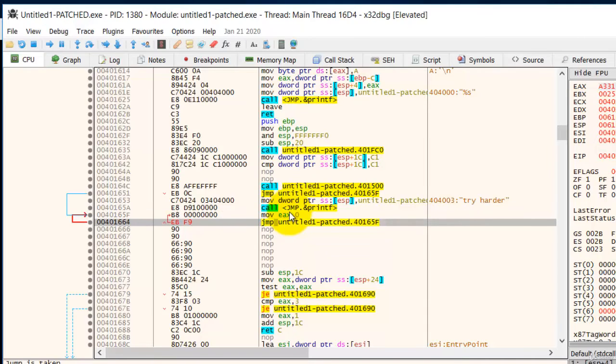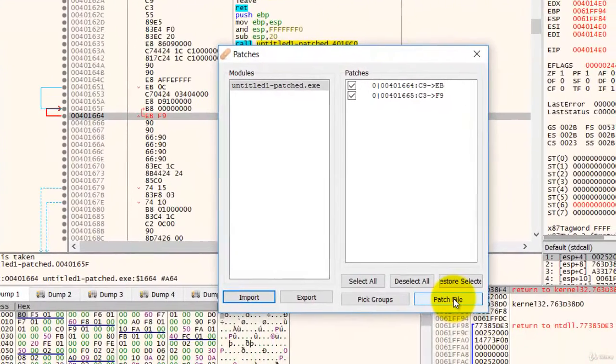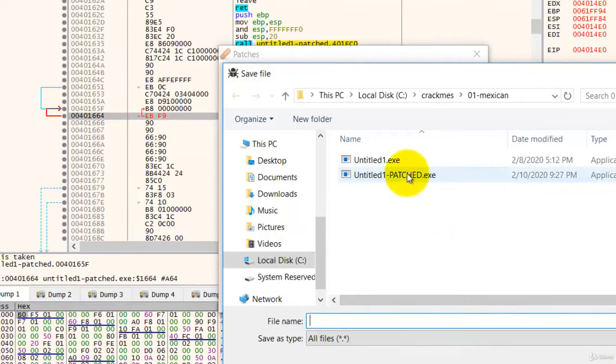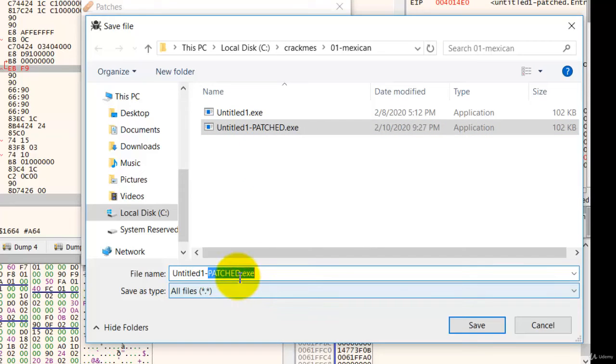So let us now create a new patch file. Click on File, then select patch file and then click on the patch file button. Now select a new name for our patch file, call it patch2